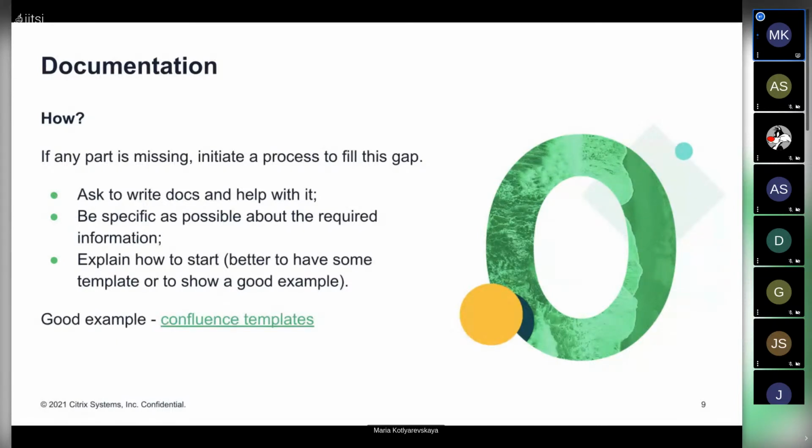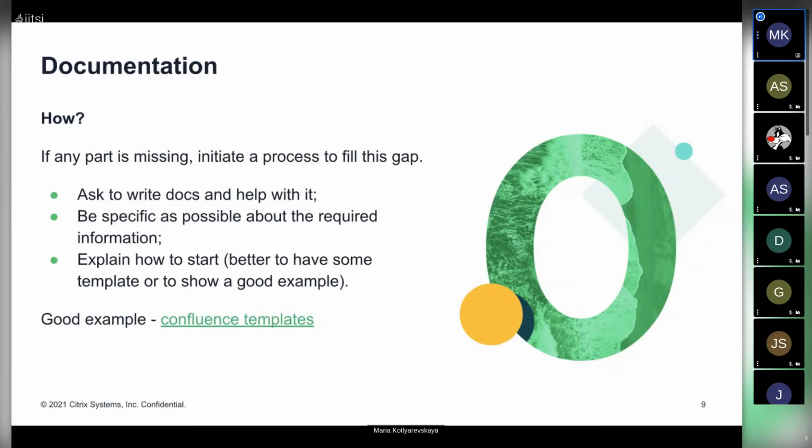If you have some templates for docs, it will be a great starting point, because sometimes you come to a project and there is no documentation at all, and it will be easier for developers to start writing it when they have some template, or maybe even a good example, because they can understand why those items are valuable, and why they actually need them for their project as well.